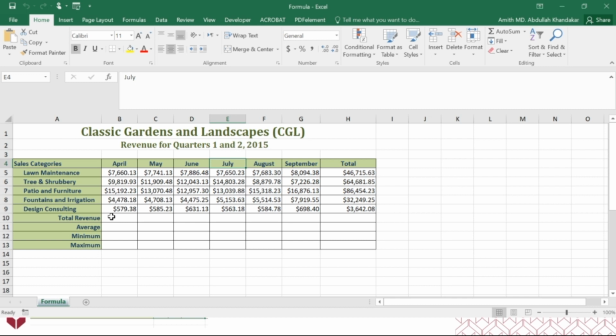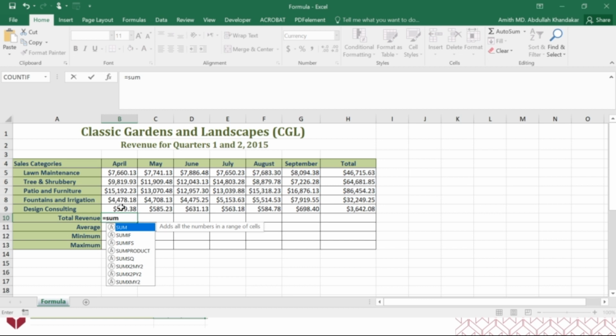So to begin with, we will just go to cell B10 where we want to find the revenue, and our objective is to add the cell contents of B5, B6, B7, B8, B9. So as we learned before, we will be putting an equal to sign, make use of the built-in function sum, open parenthesis,